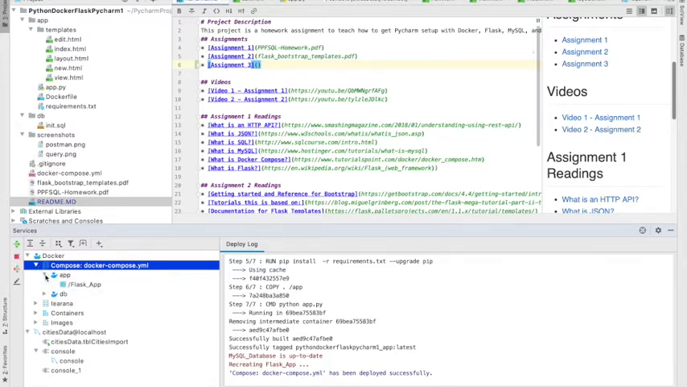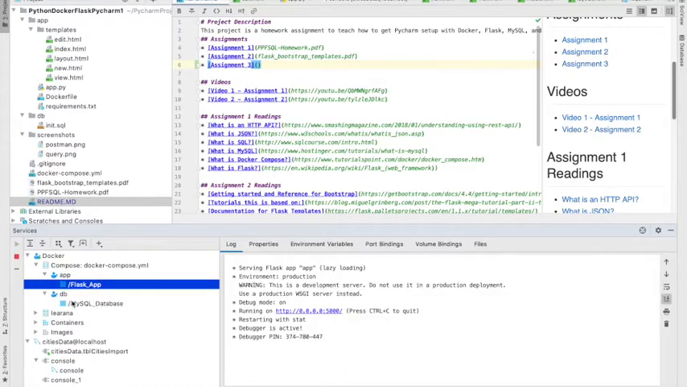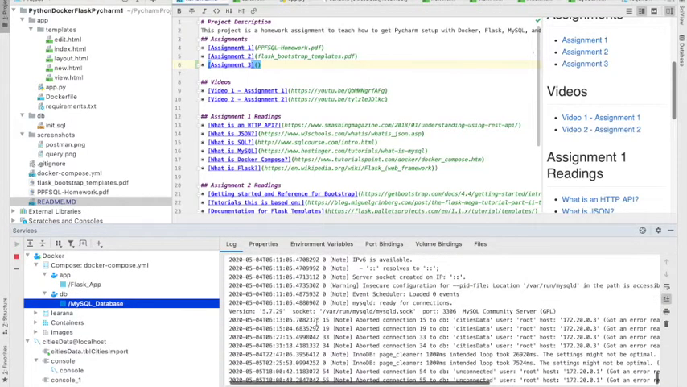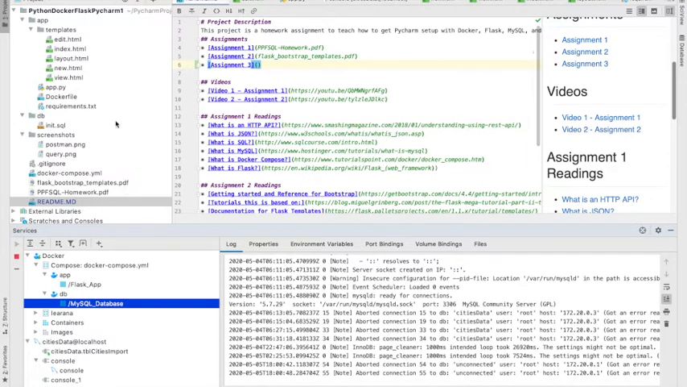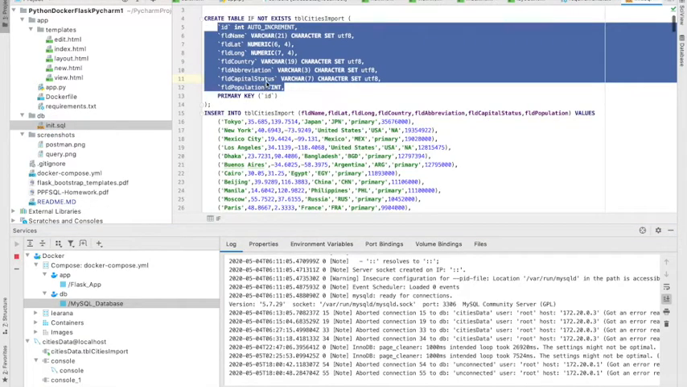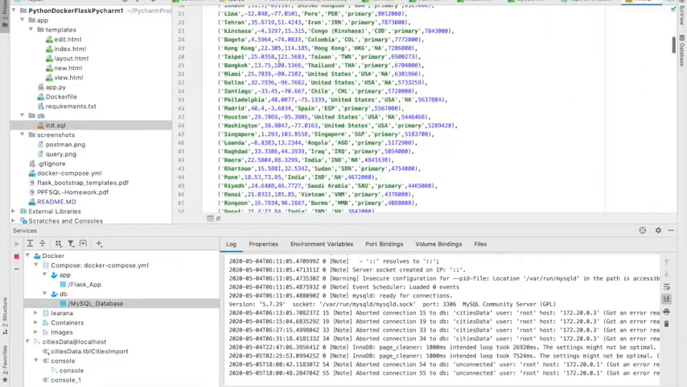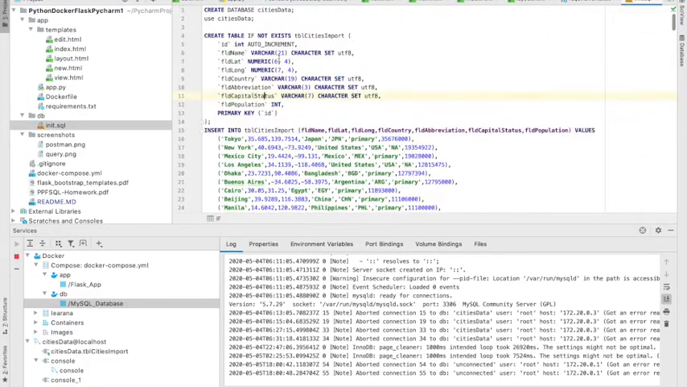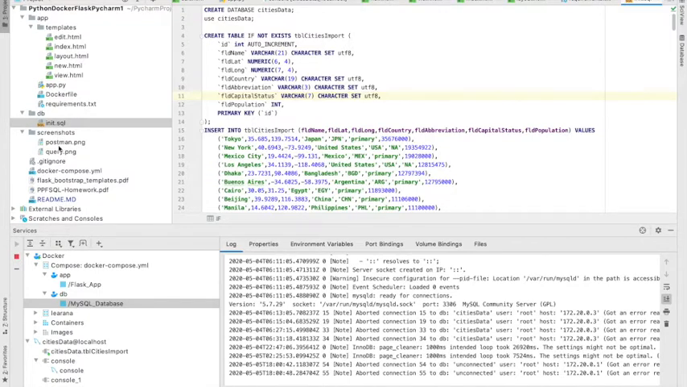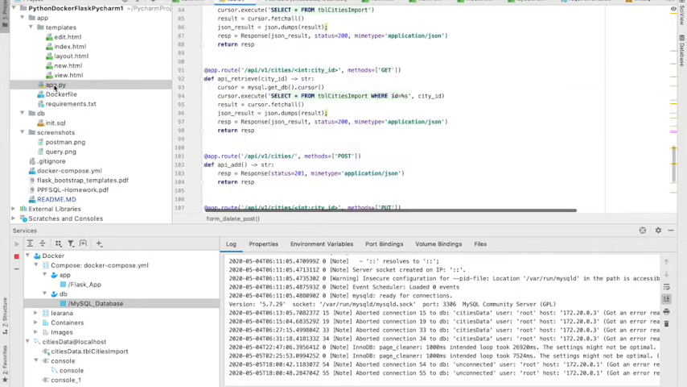we're going to get a compose with Flask app and Flask DB. As soon as the project starts, the MySQL will load this SQL, which is all your data, into the MySQL server. Then what we have is our app.py file,